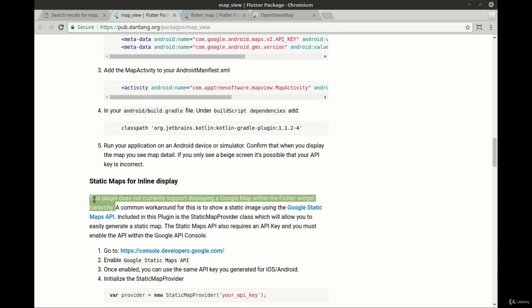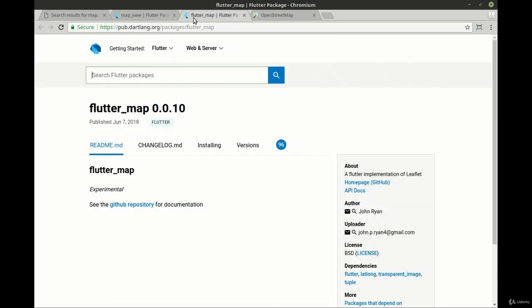But if you read the fine print, it says this plugin does not currently support displaying a Google map within a Flutter widget hierarchy. What does that mean? What it really means is you can't actually display Google Maps. What you can do is display a static map or an image. And then there's some kind of, I don't want to call them hacks, but some workarounds that you can use. The problem is they're really ugly and they're not very smooth. So at the time of this recording, we're going to avoid Google Maps and instead we're going to use the